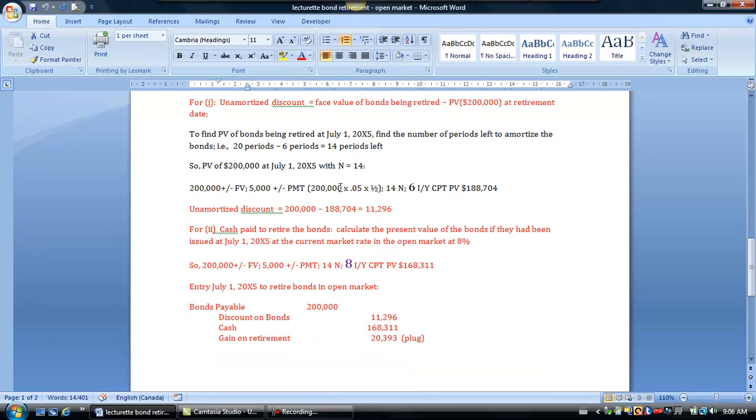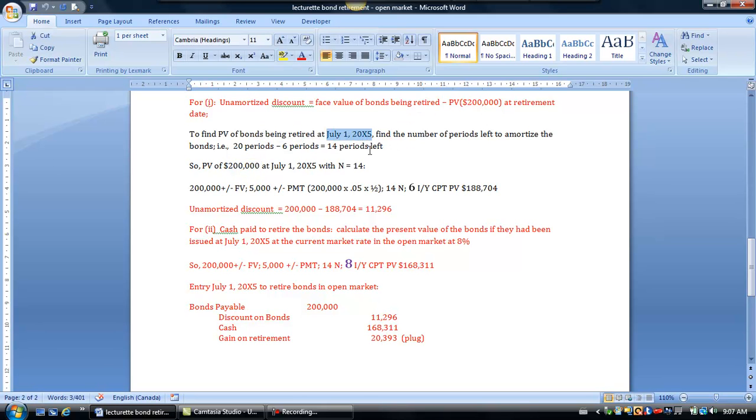So the first thing I'm going to do is calculate my unamortized discount. And we know that the unamortized discount at any point in time on a bond is going to be equal to the face value of the bonds being retired less the present value of those bonds at the retirement date. So therefore, let's find the present value of not $600,000 but only $200,000 of the bonds at July 1st,